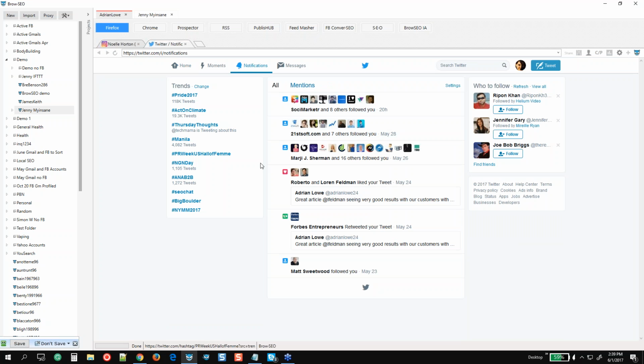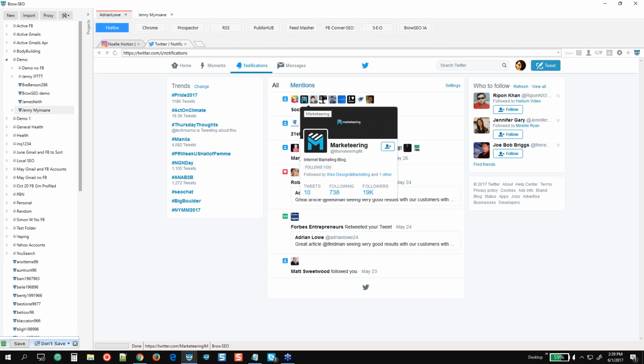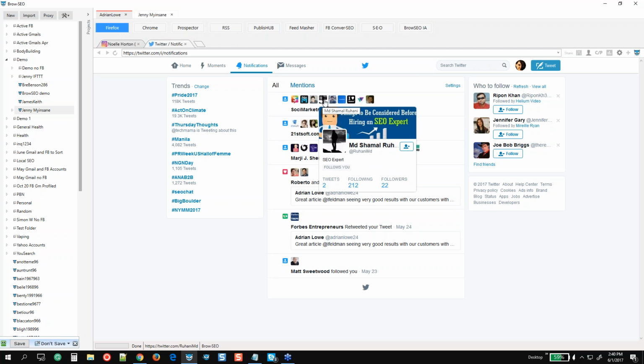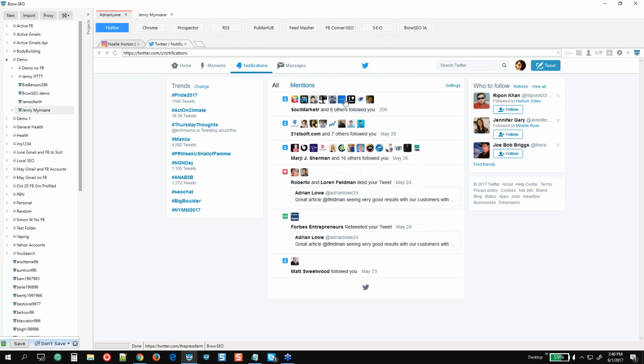Right, so look, what I've noticed as well is the hashtag strategy of Instagram works beautifully with Twitter as well. Just by posting and using the right hashtags in Instagram, it filters through and gets you pure engagement and people following you, the right kind of followers. Look, marketeering. They're following 800 people and they have 19,000 followers. This also could be a result of maybe the tweet that was retweeted or not.